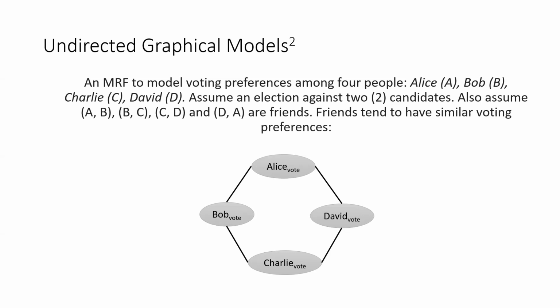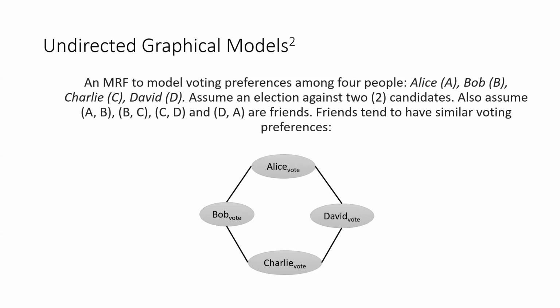So, but he's not friends with Alice. They don't know each other. It's not like they hate each other. And we have these 4 people, and we want to model their probability of what they're going to